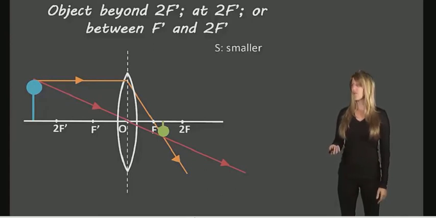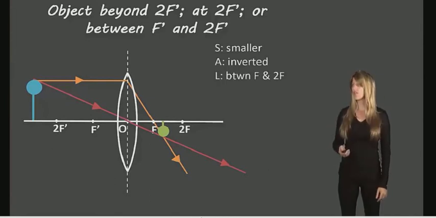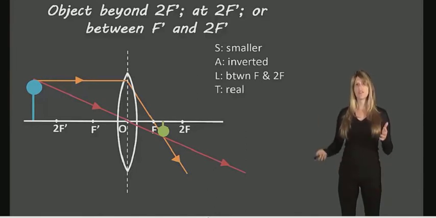Now if we're describing it for the size, it's smaller. Attitude is inverted because they're facing in different directions. The location is between F and 2F, and the type is real. It's real because it's on the other side of the lens, and because lenses are transparent, light can actually move